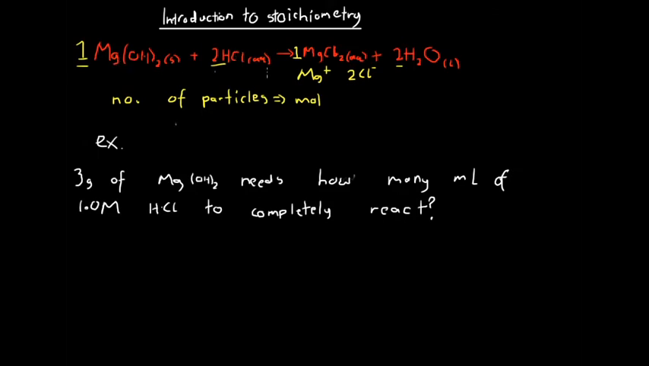Okay, so first we know that we're dealing with the number of particles, and therefore we're dealing with the number of mole. So what we're going to do first is find the number of mole of magnesium hydroxide. The first step to doing that is finding the molar mass of magnesium hydroxide. So MM of magnesium hydroxide